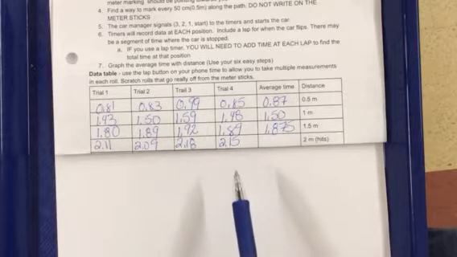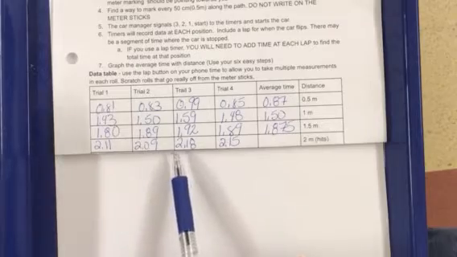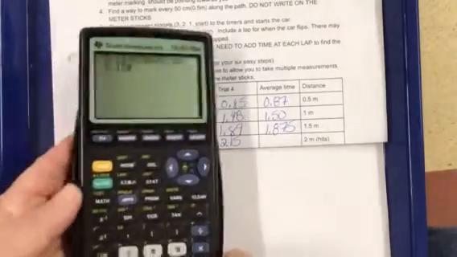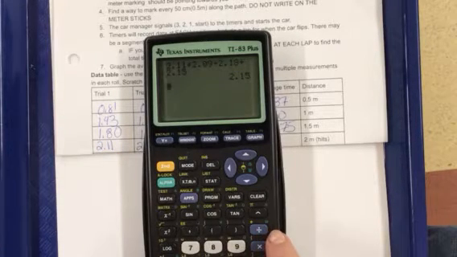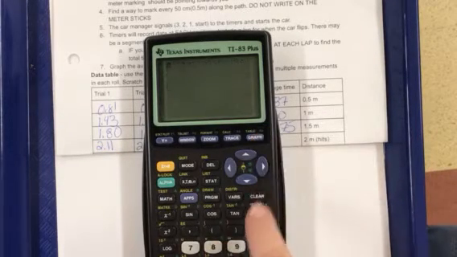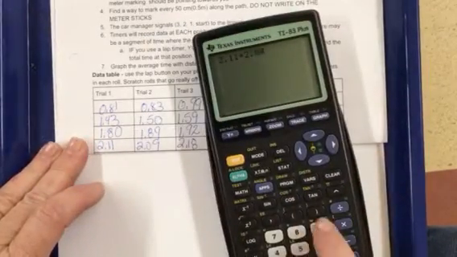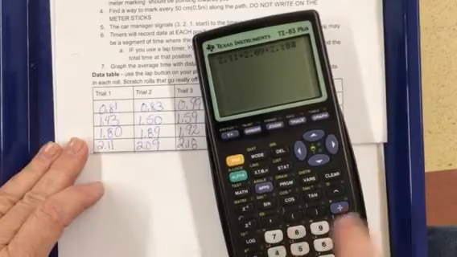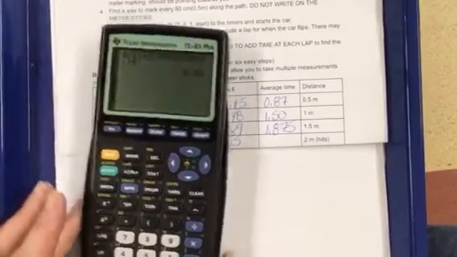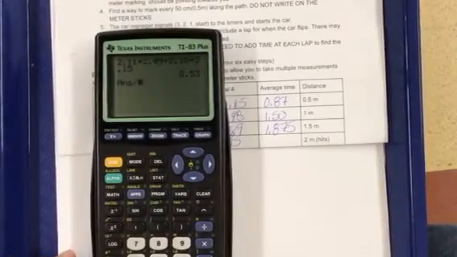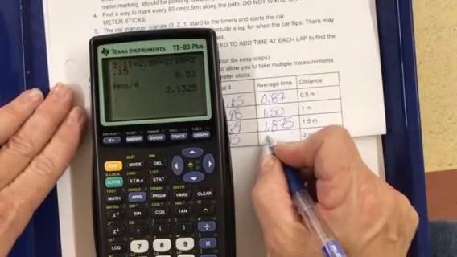I've got one last one to do. So we've got the 2.1, 2.09, 2.18, and 2.15, and we want to know the average. So I put those in the calculator. I sum them up. So 2.11 plus 2.09 plus 2.18 plus 2.15. We take the sum of that and we divide by our number of trials, which is 4, and we get our average for the data. And so that would be